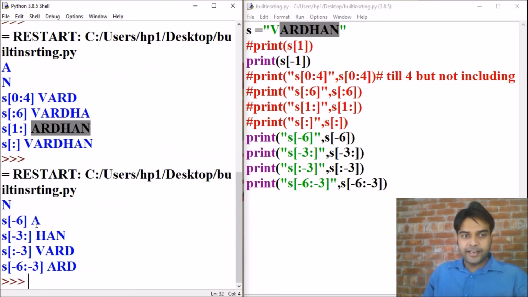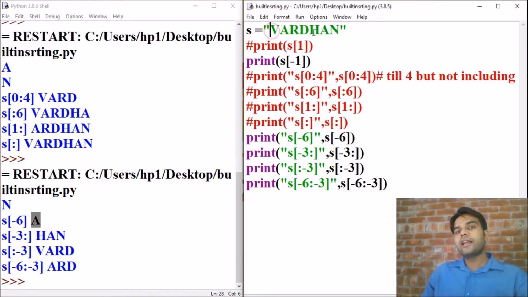See, the minus 6 element is printed, which is A. Minus 1 is n. For positive we start from 0, 1, 2, 3, and for negative we start from minus. Minus 3 we start from here and move towards the end.